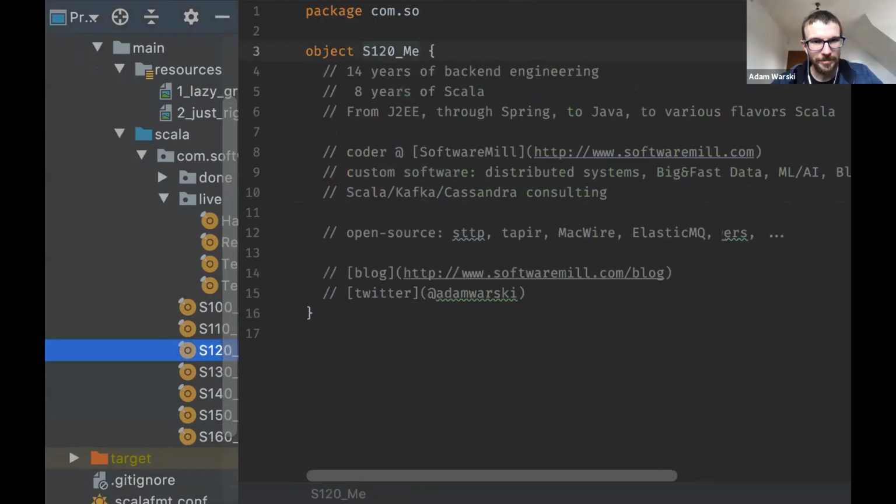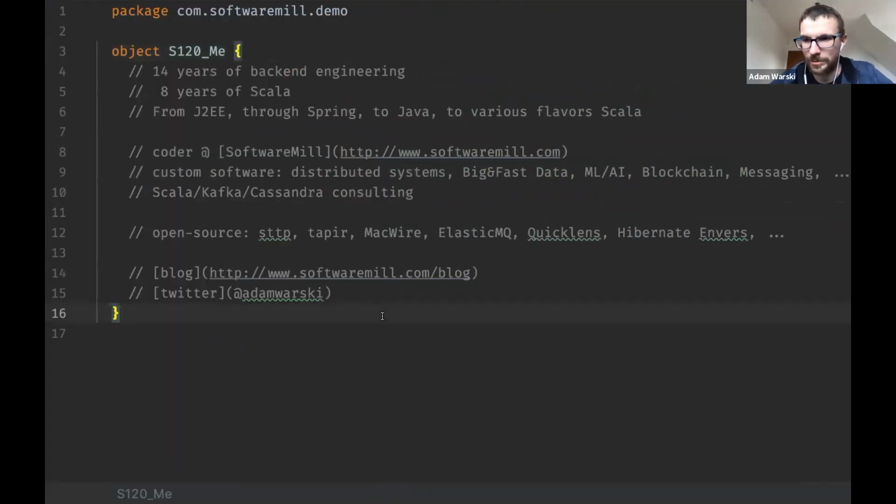Before doing that, a short mandatory introduction on who I actually am and why I would be a good person to talk about concurrency, and concurrency in Scala. I've been a backend engineer for 14 years, and out of these 14 years, 8 years doing Scala. It was actually a surprise when I wrote this that I've been doing Scala longer than I did Java before. I've been doing backends in J2EE for a start, using JBoss technologies, then Spring, then Java,